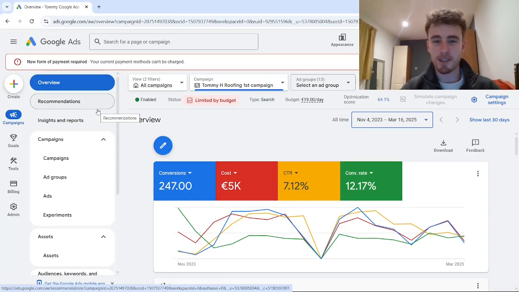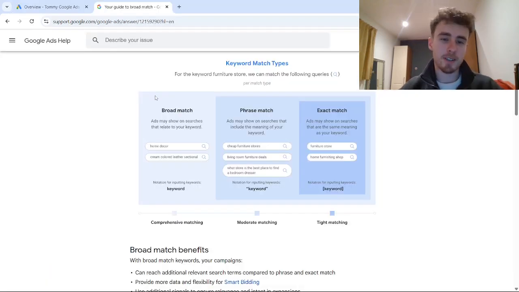Broad match keywords can either skyrocket your results or drain your budget. And in today's video, we'll walk you through how broad match keywords work and the different scenarios that they do and do not work in, depending on your own specific situation. Now, firstly, just to say what they are, broad match keywords, as defined by Google themselves, say that ads may